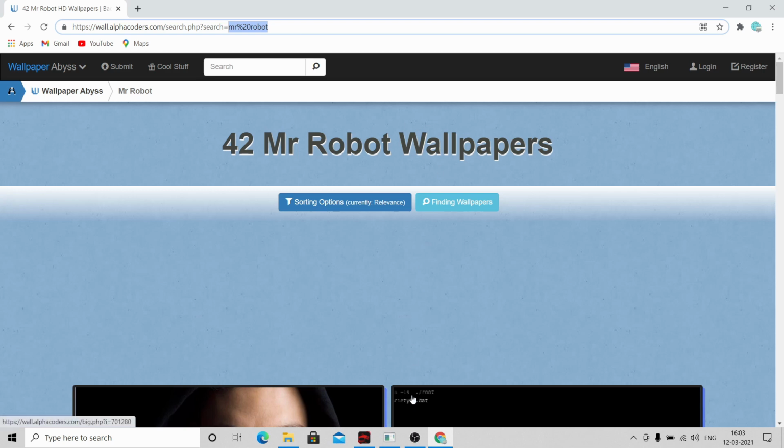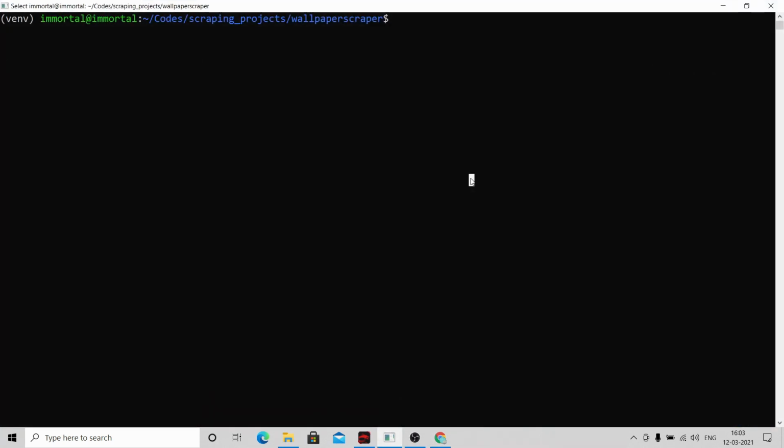How can we do it? So there's a command in Scrapy. While launching your spider, we can specify user input. Let's check that command. When you are calling your spider, scrapy crawl spider name. Our spider is wallpaper spider, and then after that we can use -a and then the value which we want to pass.